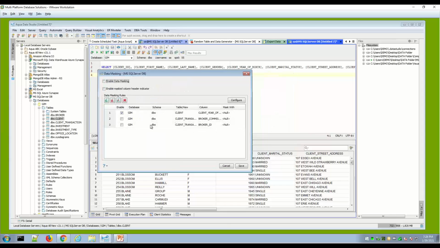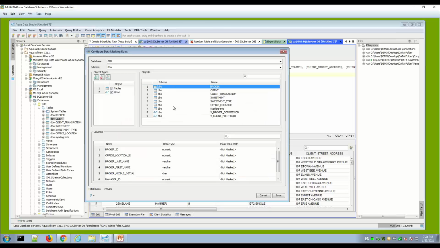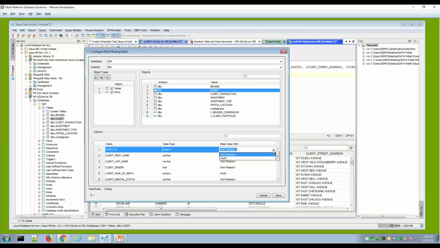And so here's some existing tables I've set up some masking for. You can turn that off and on for individual tables and then turn off masking entirely, right? So here it's not enabled, but I had it set up for an existing field. Click configure and you'll see all the tables or views available in that connection. Highlight a table or view, and then you'll see the ability to mask, right? So you have a drop down here, not masked or no, and then even the ability to put a static